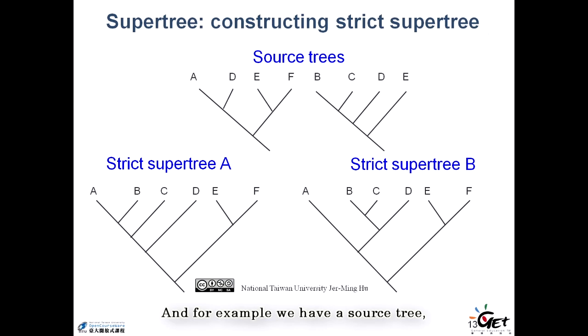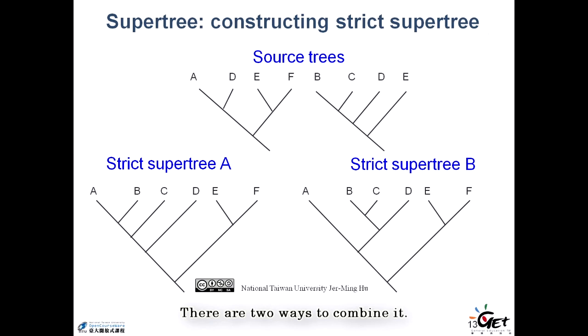For example, we have two different source trees: one with A, D, E, F, and the other one with B, C, D, E. There are two taxa overlapping on those two trees. The D and the E are both present over there. So we want to use those as a backbone and try to combine the information from the